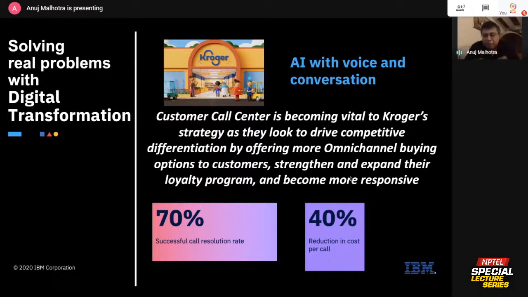And the critical factor here was successful call resolution, right? If you have a customer who's called you and the computer is going around in circles, and then you pass it to a call center because the computer can't figure it out, you'll have a pretty upset customer, right? So you don't need that situation. And hence, a successful call resolution was the kind of metric that we had to work with. It was successfully deployed, very, very successfully working. And again, it's just a lot of technology taking what a human would be doing and improving customer experience and the speed.